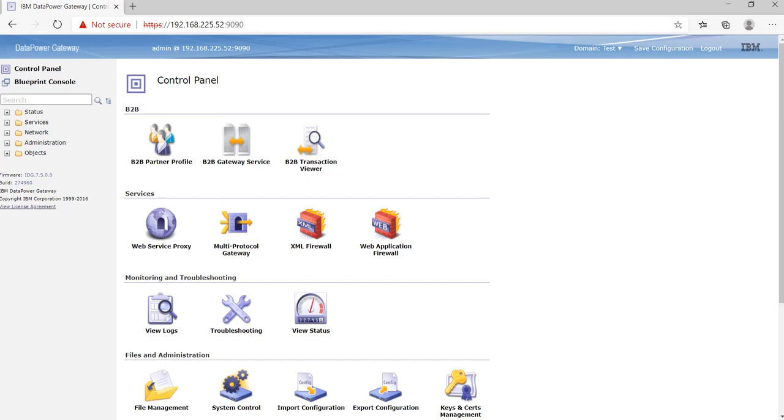So for that we require import and export configuration, the features provided by DataPower.